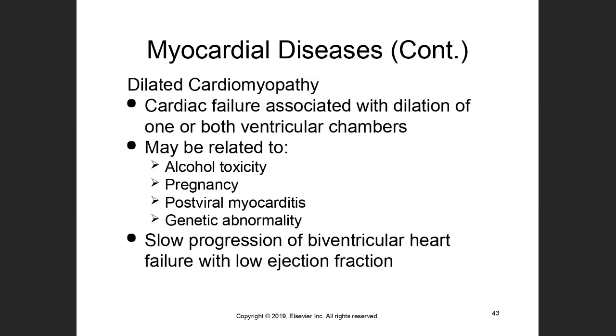Dilated cardiomyopathy is characterized by the heart being like a balloon. Everything is dilated. All the chambers are dilated. That's dilated cardiomyopathy. It could be due to alcoholism. Alcoholism produces damage in the myocyte and can produce dilated cardiomyopathy. Pregnancy could produce cardiomyopathy, and also post-viral myocarditis and genetic disease. Okay,